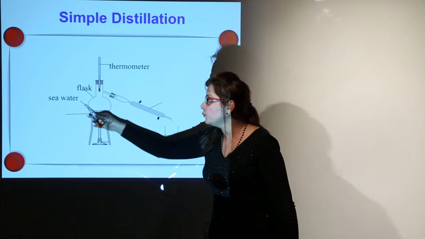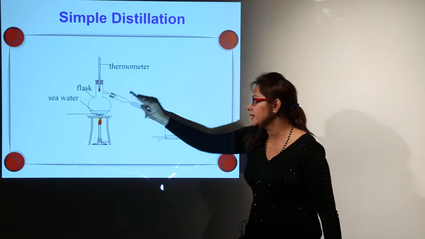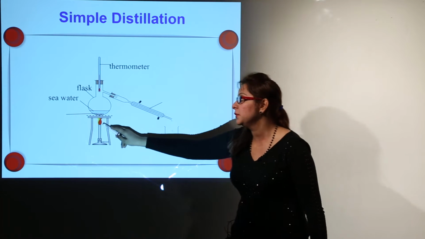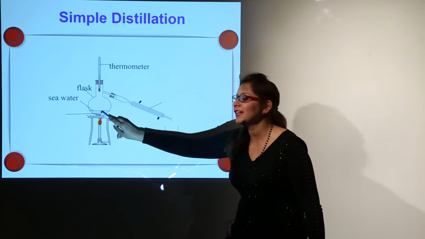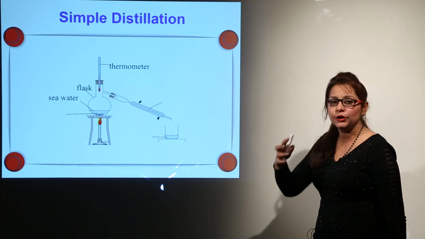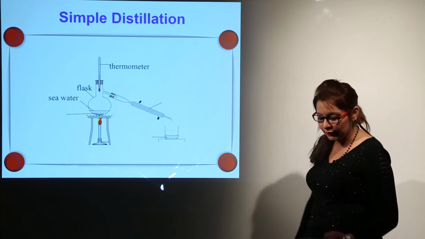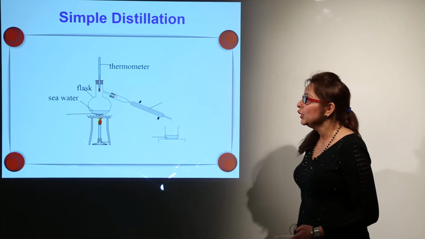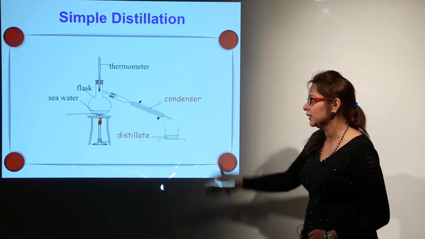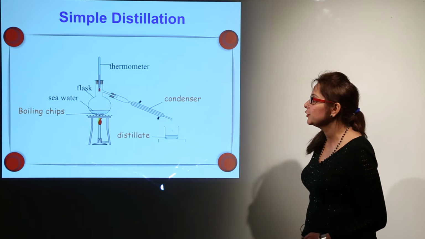You can see it is a round bottom flask, and this is a thermometer. This is a condenser. This is a flask in which we are going to obtain the distillate. This is a burner, this is a stand, and this is a wire gauze, which is kept on the tripod stand for heating, so that on it we can keep the round bottom flask or a china dish or whatever we are using for heating, right. Again you can see the condenser. This is going to collect the distillate, and these are boiling chips. I will tell you what the function of the boiling chips is.